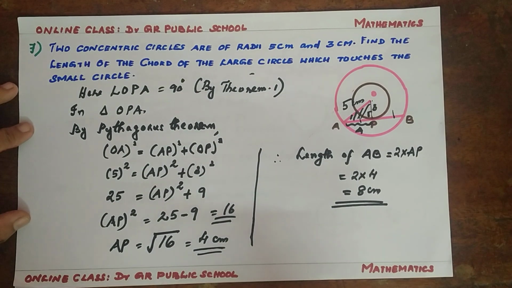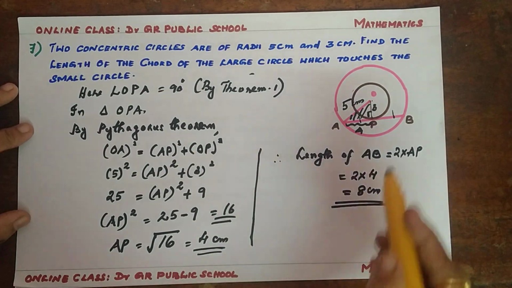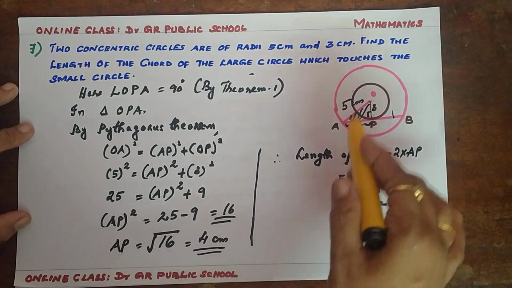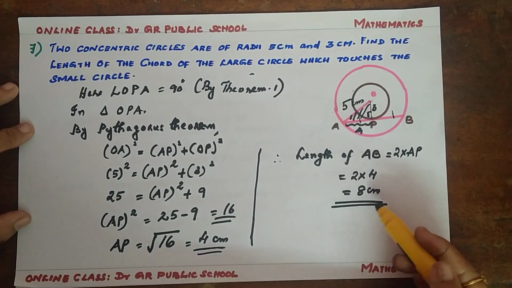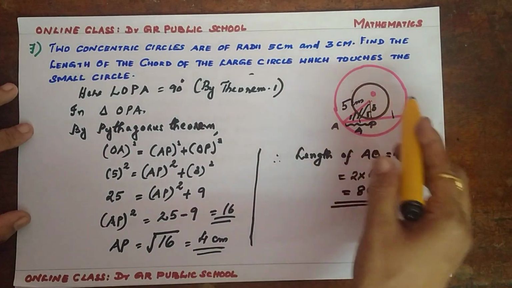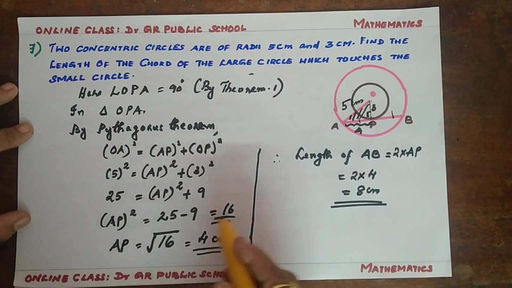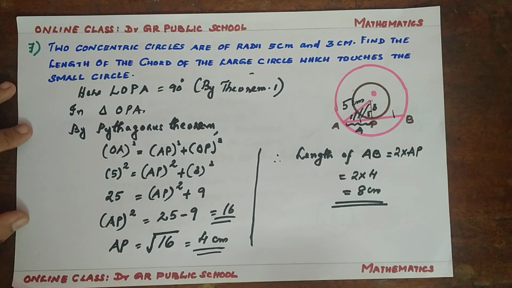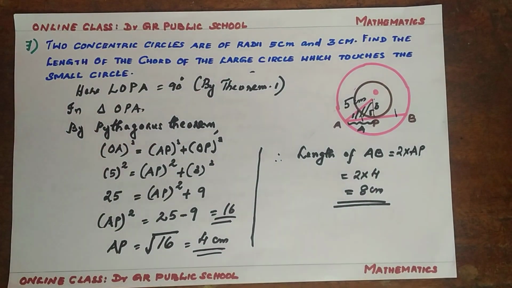A very important question. It can be asked for a 1 mark or a 2 mark. But if you are asked a 1 mark question, just draw a rough figure, find the value by applying the Pythagoras theorem, and multiply with the 2. That much only. But if you are asked a 2 mark question, you need to draw the figure like this, find the value, and then don't forget to multiply with the 2 to find the chord AB. Okay. If any doubt, ask me.